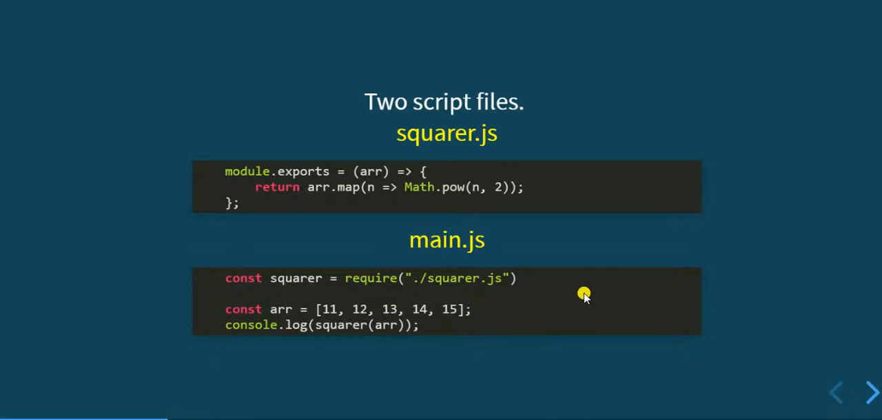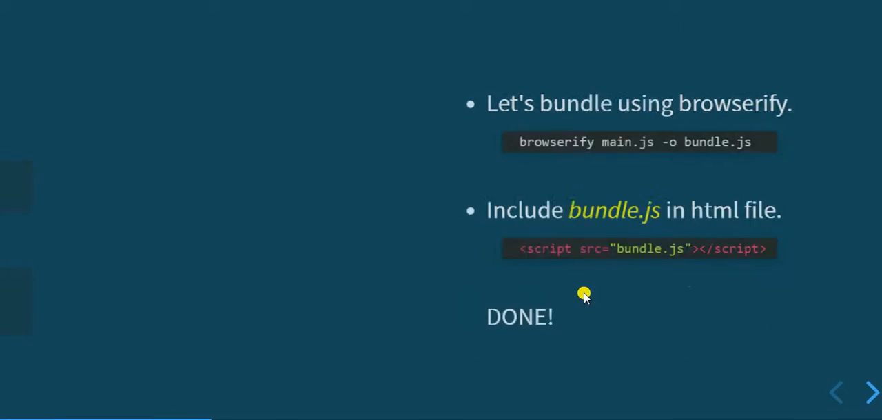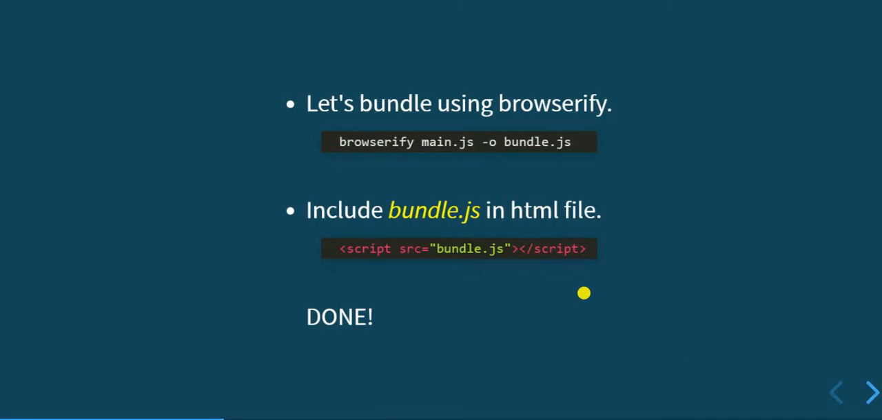Okay. To combine these two into a single file, we can use the browserify command: browserify main.js -o. -o stands for output to a bundle.js file. Finally, we can include this file in the HTML. That's all we have to do to bundle JavaScript files